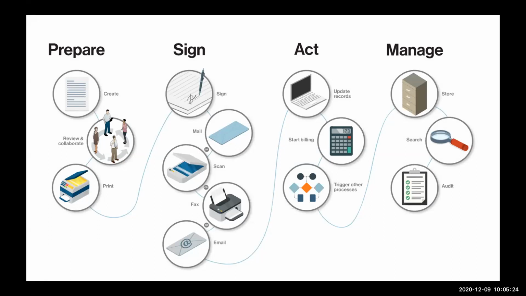Every organization has a system of agreements where they have to prepare, sign, act on, and manage their entire paperwork to create that safe and secure record and audit trail. Over the past few months, we have learned that several organizations within local government are still processing internal and external paperwork through emailing, printing, scanning, and faxing, as shown in these images, which we all know require a lot of manual work, labor, and handoffs.